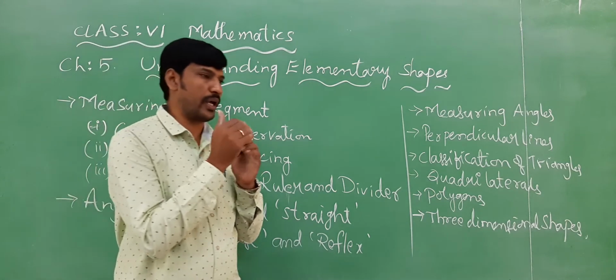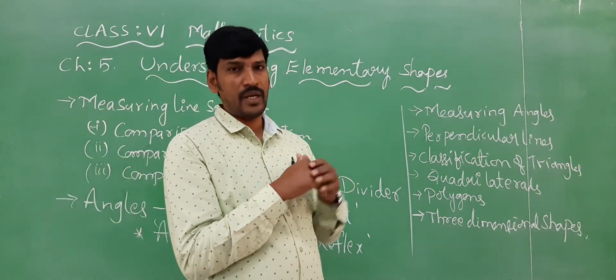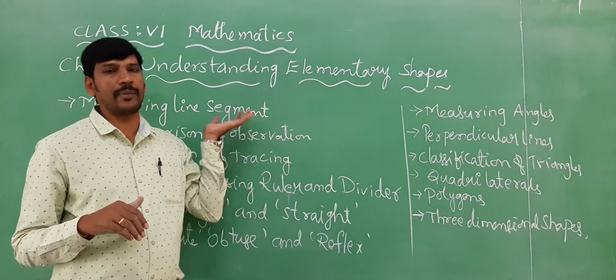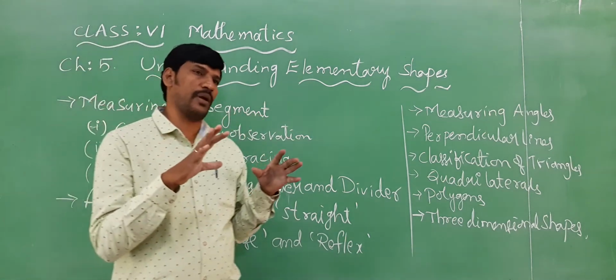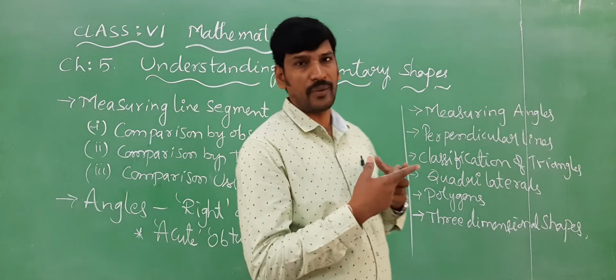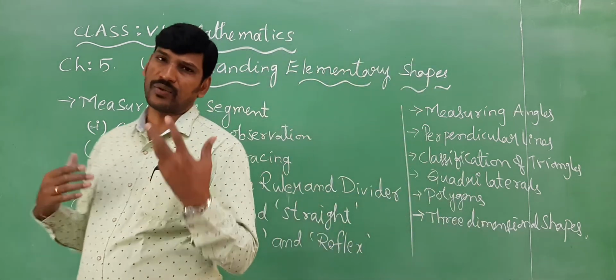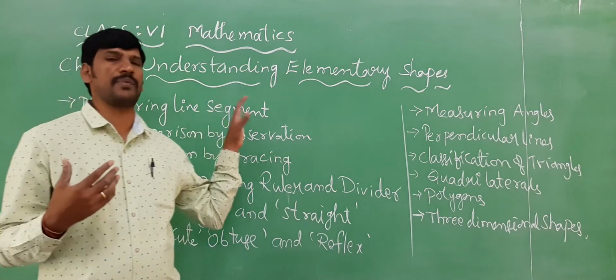We are going to use that in this chapter. So those are all the basic things that we are going to use in this chapter also. What is a point? What is a line segment? How to measure a line segment? What is a polygon? What is a triangle? Different types of triangles, quadrilaterals. Everything we will discuss in this chapter again.